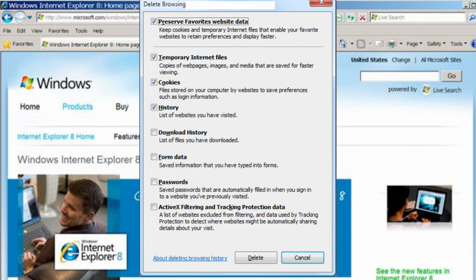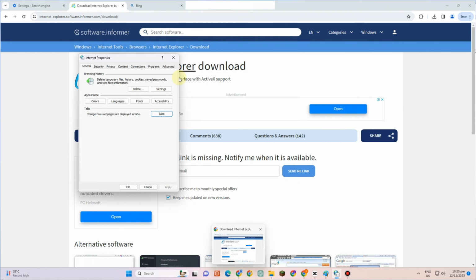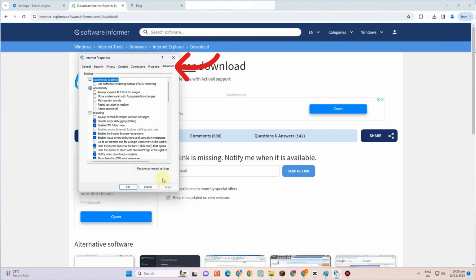is to simply go to delete browsing, and you have to make sure that you have ticked all of this and then tap delete. The second thing to do is go to tools and then look for internet properties and